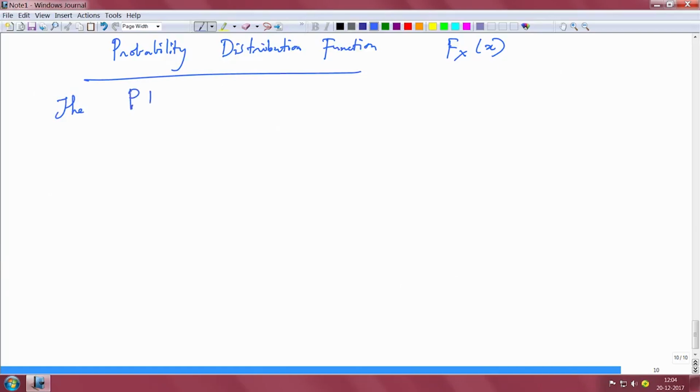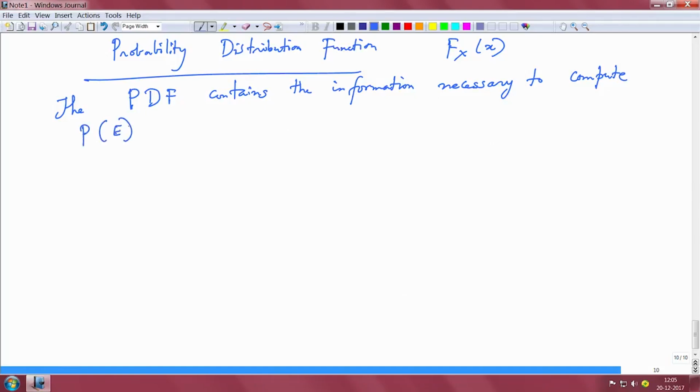The probability distribution function contains the information necessary to compute the probability of an event E, for any event E in the Borel field of events. So, if you get into the mathematical notation,